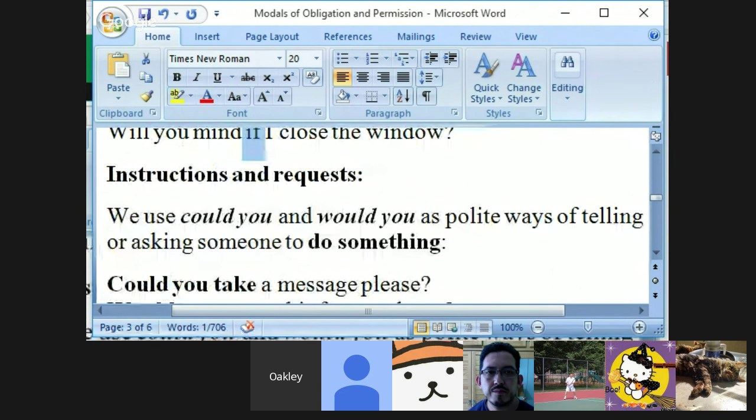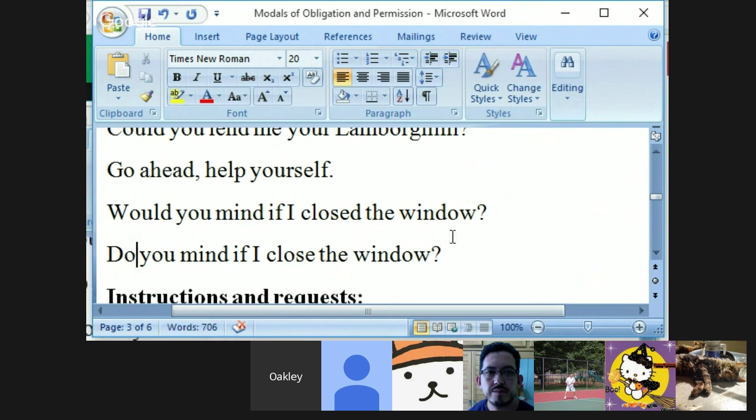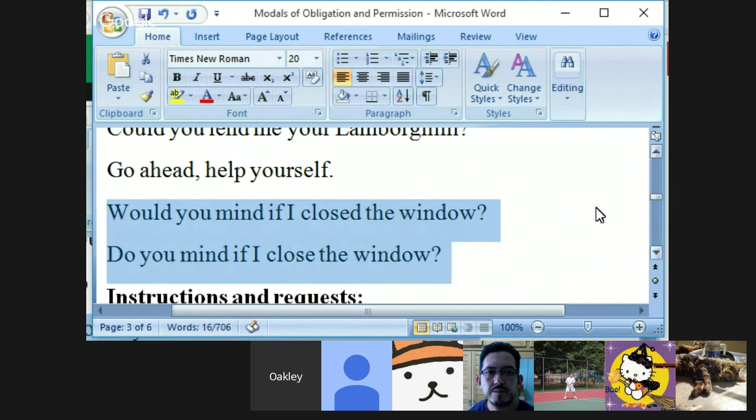I have a question. You can also use "do you mind," like, do you mind if I close the window? Is it okay? So what's the most common expression for native speakers between these two? That's a good question. Which one is the most frequently used by native speakers? I only want to know one because I don't want to be confused.